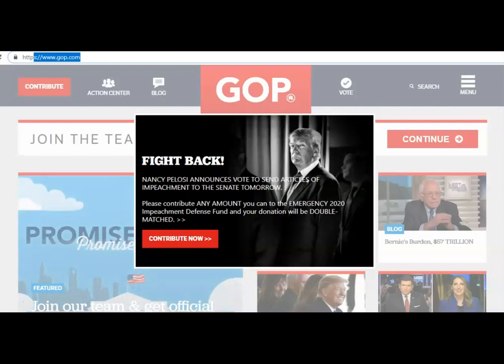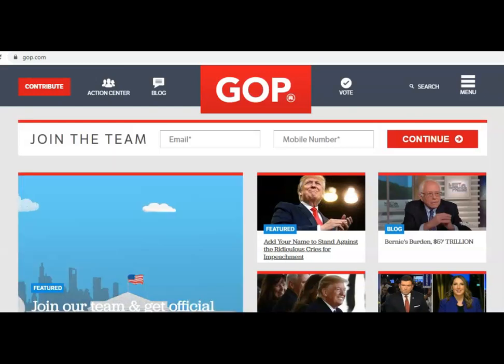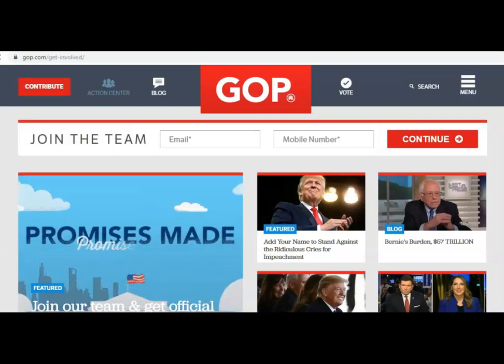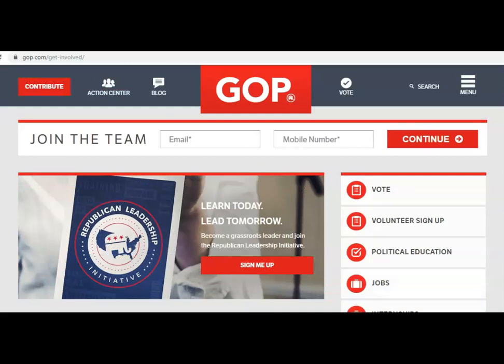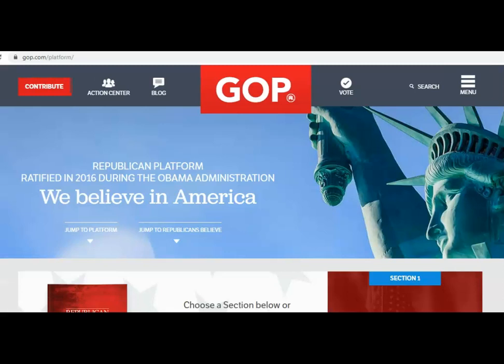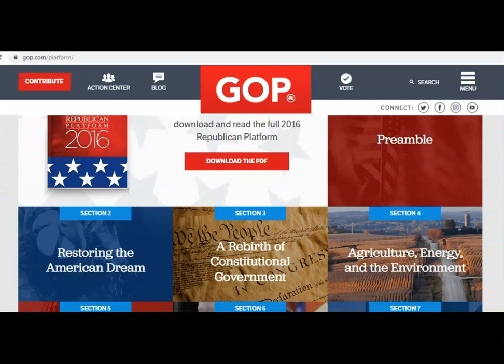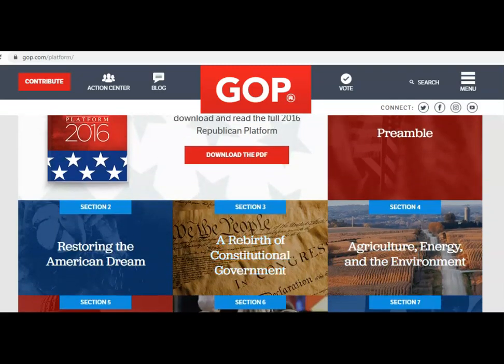So here on the GOP website, you'll notice that it's got a lot of helpful places for you to go to figure out what they believe in with their platform. You could, for example, add your name to stand against the ridiculous cries for impeachment. You could go to the Action Center. When you go to the Action Center, you could figure out how in the world you could help build the political party. You could go to the menu where you're looking at the platform here for the political party, for the GOP, and what they believe. You could download the entire PDF and get your information directly from the source instead of, say, I don't know,